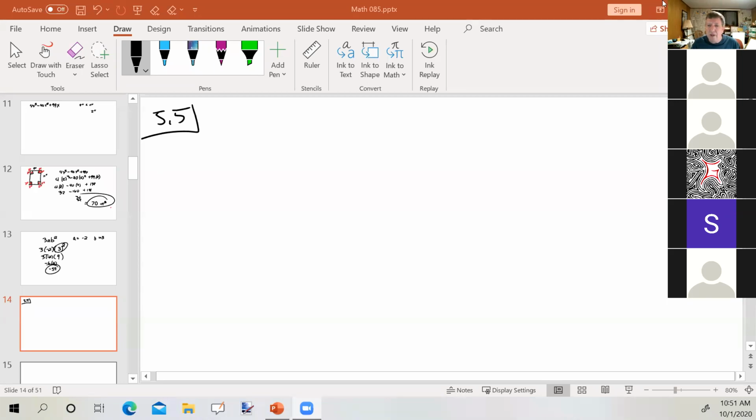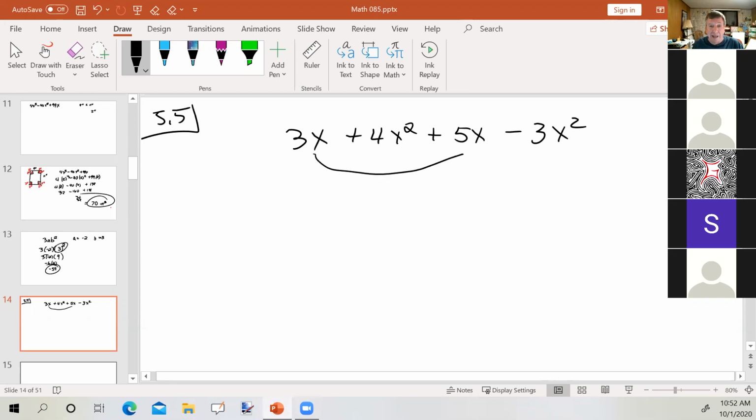So we've been talking about polynomials. What we're going to do now is add or subtract polynomials. Now, I know that not all of you took Math 85 or Math 84, the beginning algebra course here at YVC, but if you did, in this same book, back in chapter 2, they talk about the idea of combining like terms. For instance, if you've got 3x plus 4x squared plus 5x minus 3x squared,